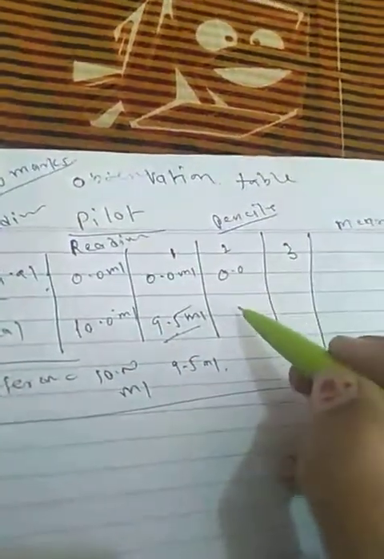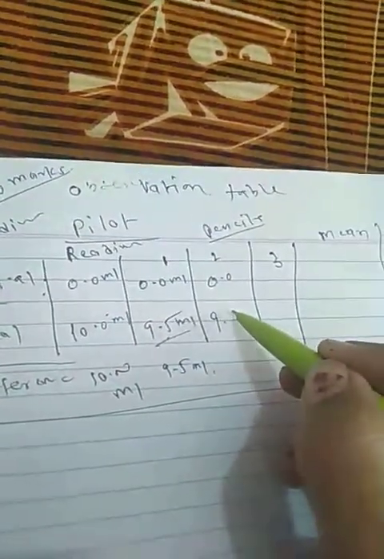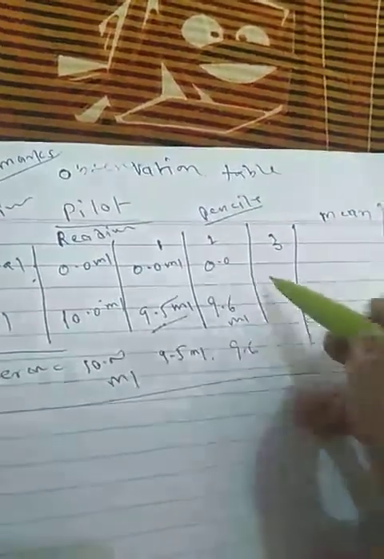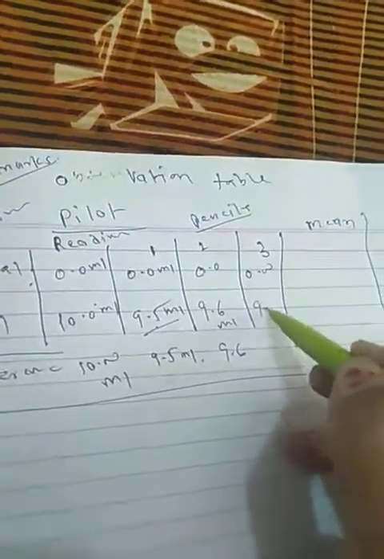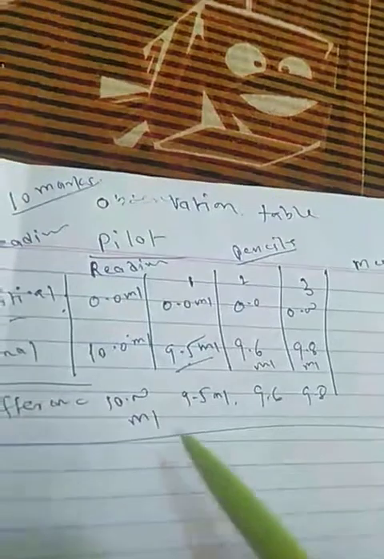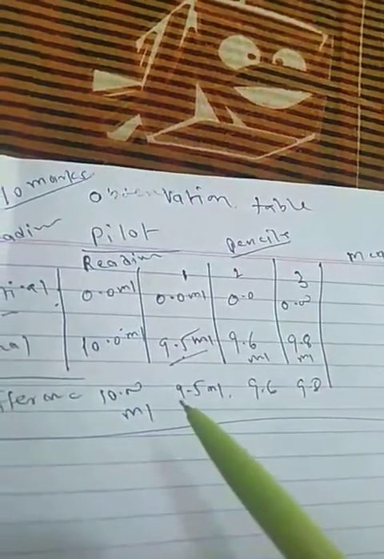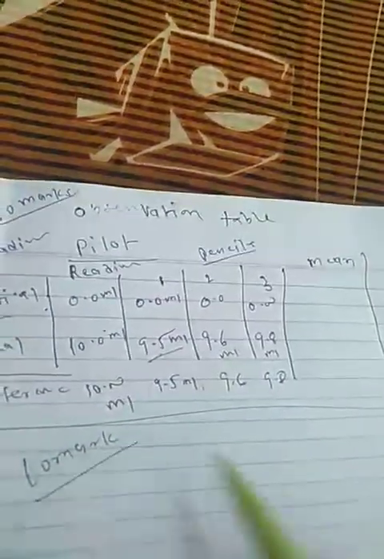Why? Because once in a while you may not get it correct due to some apparatus problem while taking 10 ml from the pipette, that is an error. So you have to repeat the same reading again. If you get 9.6, note down the difference, 9.6. Again if you get 9.8 ml, note the difference. So if my reading and your reading are accurate and the same, you will get 10 marks. This is called the accuracy rule.